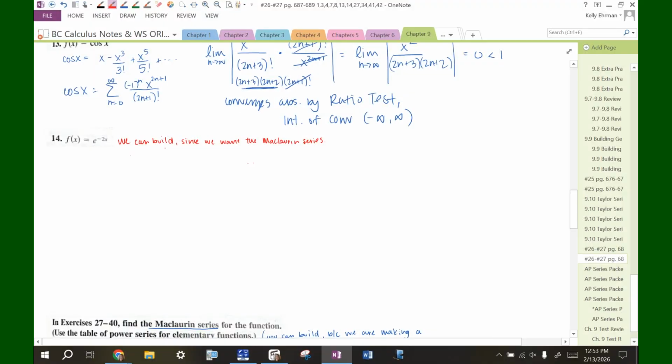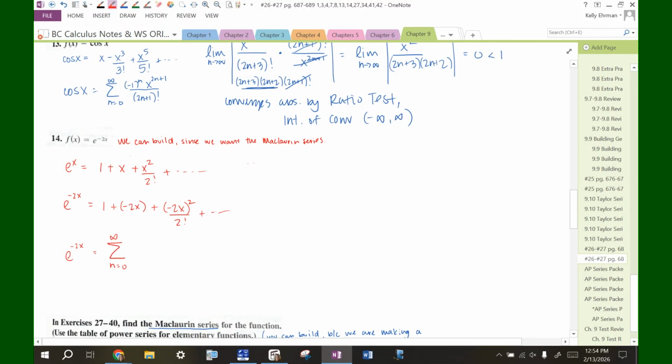All right, next one. Again, this is Maclaurin, so we can build this. So remember, e to the x is your 1 plus x plus x squared over 2 factorial plus dot, dot, dot. Build into that e to the negative 2x. So we're putting in 1 plus negative 2x plus negative 2x squared over 2 factorial plus dot, dot, dot. So when we go to write our series